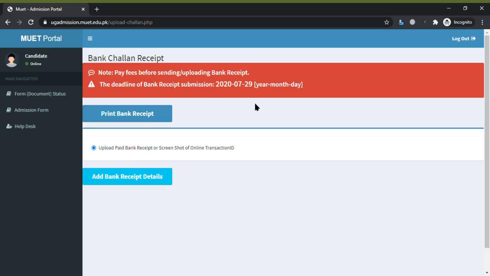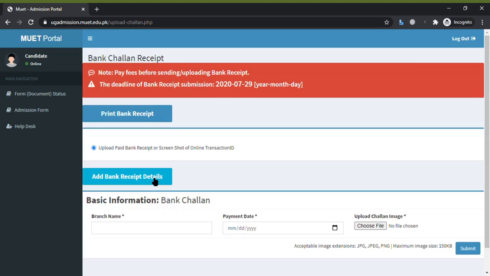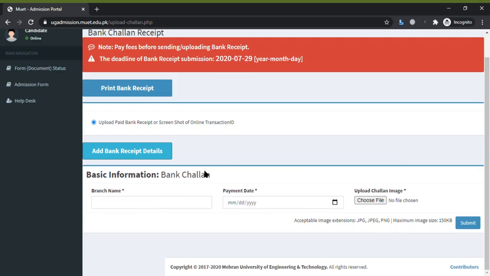After paying the fee, now you have to add the bank receipt on the admission portal. Now add the name of the branch where you submitted the challan fee. Add the challan submission date.